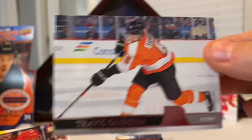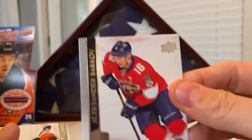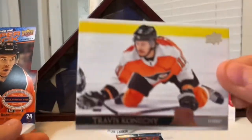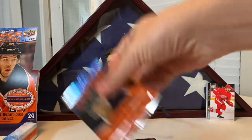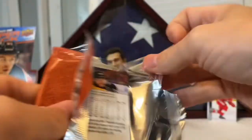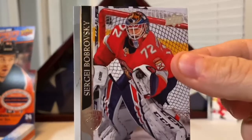There's Travis Sanheim. Mikhail Backlund. What's that? Is it a hand on... No, that was just a... That's Kravatsov. Alexander Barkov and Travis Konechny. You're thinking of the Leaf players? Is it Bowie and the young gun? That's the guy. Yeah. Oh. Yeah. Old Bowie. All right. There's Shea Weber, Sergei Bobrovsky,